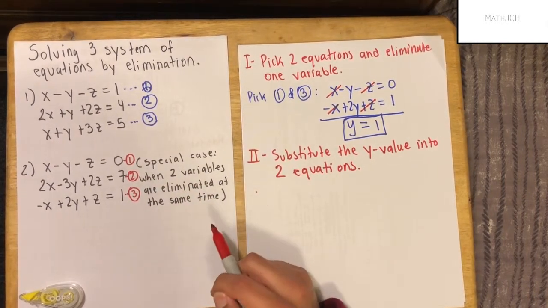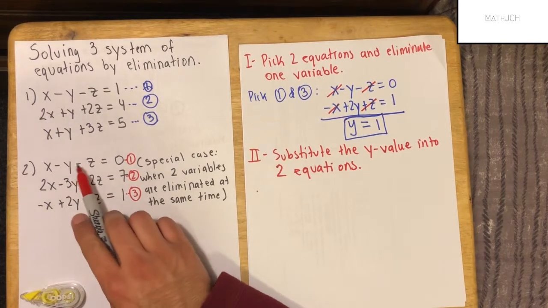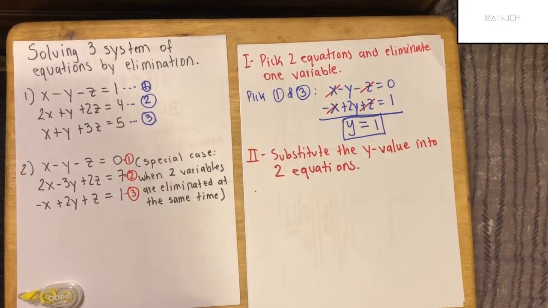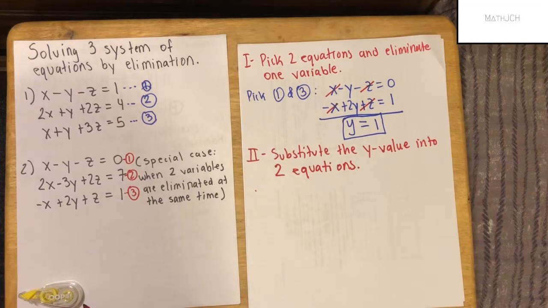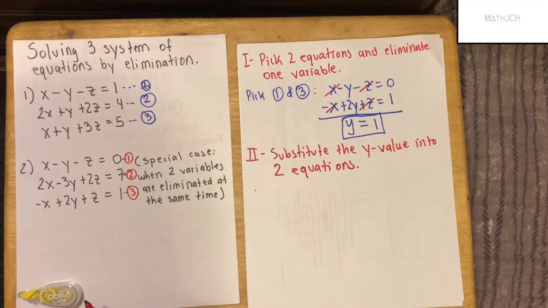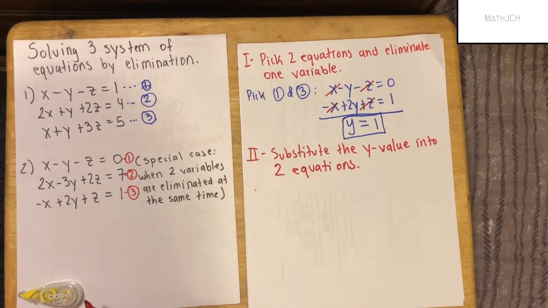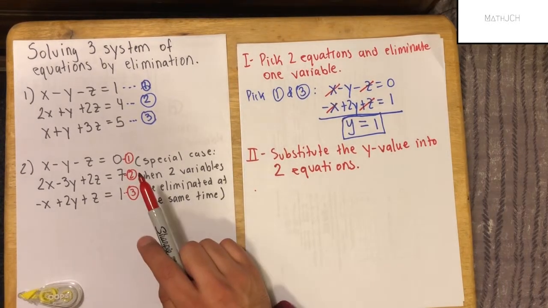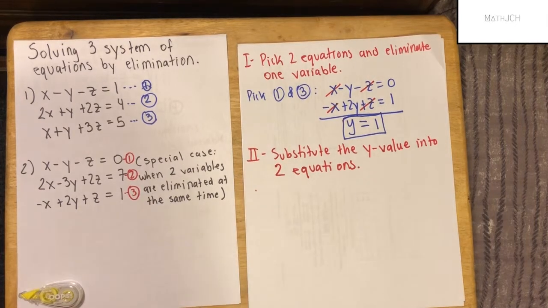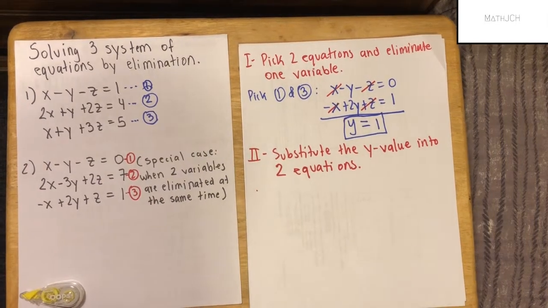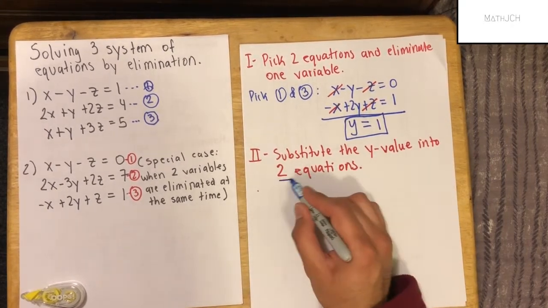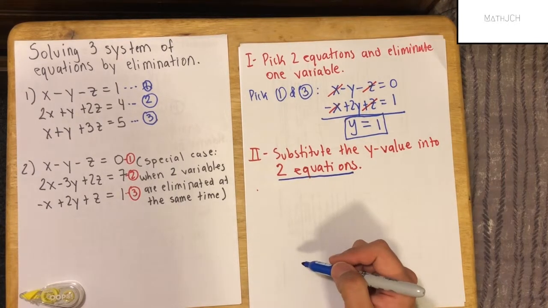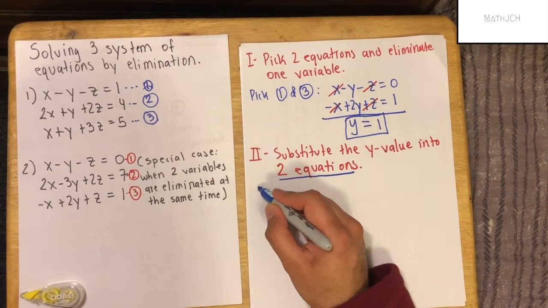Let's pick, I don't know, notice equation 1 has too many negatives. It could be tedious to work with, but not that difficult. It's up to you which equations you want to choose. It doesn't really matter at the end. Let's pick equation 1 and equation 2 for now. Again, it doesn't really matter which equations you want to substitute the y value into, as long as you pick two equations, okay? So let's see equation 1. So for equation 1,